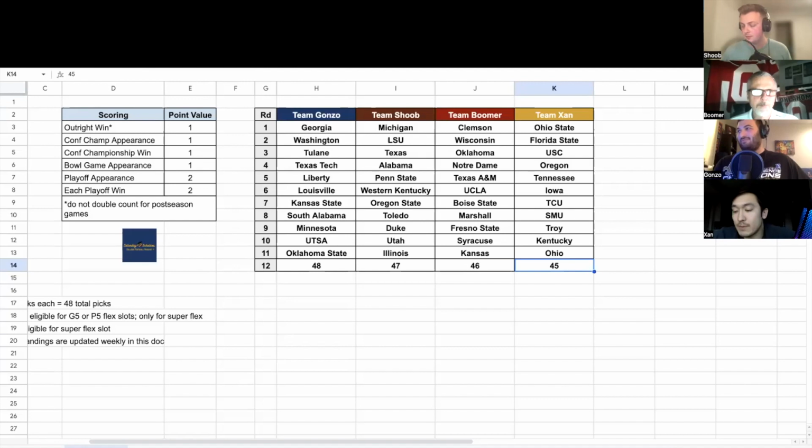And then for my super flex, man, I think my best option here, because I think all the best Big 12 flyers, although the Big 12 is so inconsistent, UCF, Baylor, either of them could somehow end up in the conference championship, although I don't think it's likely. I'm going to go ahead and bank on a team that I think could get me another conference championship appearance and could get me some wins in the process. I'm going to take Air Force.